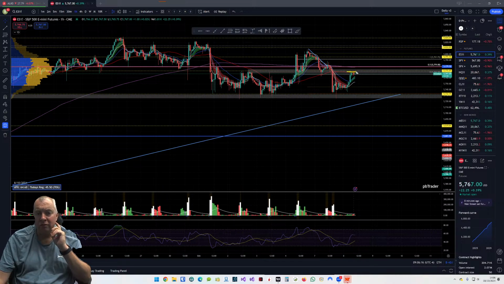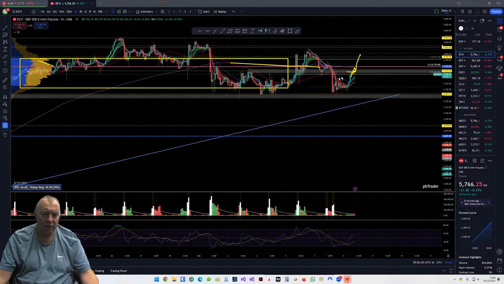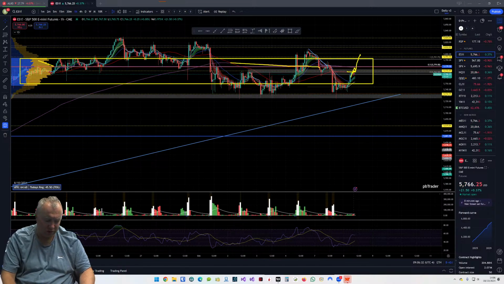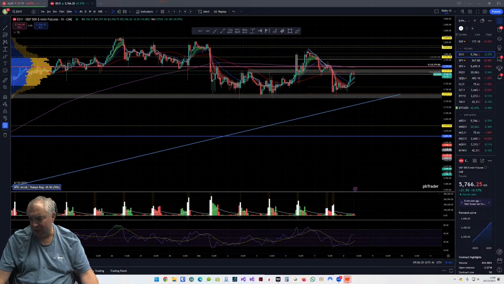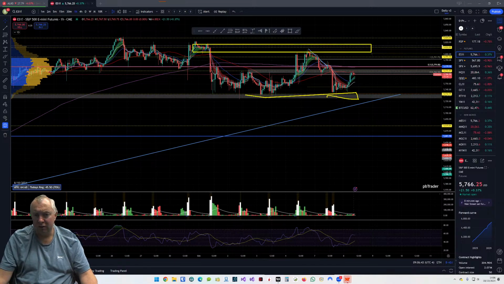If we can get above this 50 moving average, which is the red line, then I'll consider a break and retest long. We've got a sideways 200 moving average as well, and we've got the point of control, but this entire region is high volume, so we just need to get out of this region really. Probably the best scenario today is not to trade unless we get down into this area or we get up into this region. So these are probably the two areas we can watch.